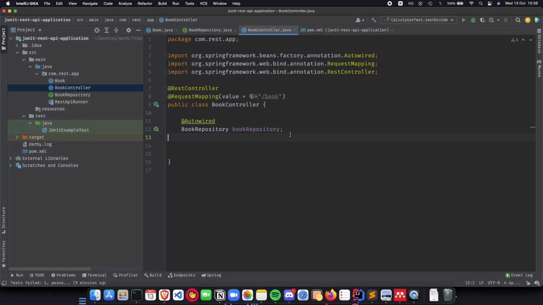So that's it for this video. We talked about the domain and persistence layers. In the next video, we will finish up our book API, and we will implement our endpoints, and then we can quickly jump ahead with the JUnit unit tests for our REST API application to make sure that these methods are actually running properly and they are passing all the tests that it needs to pass.